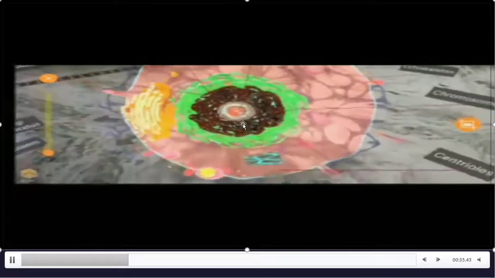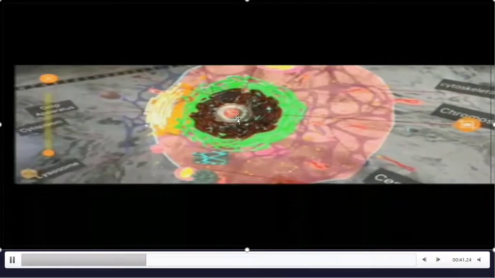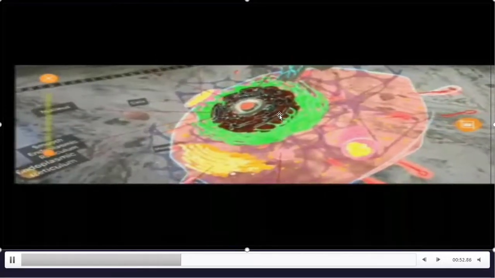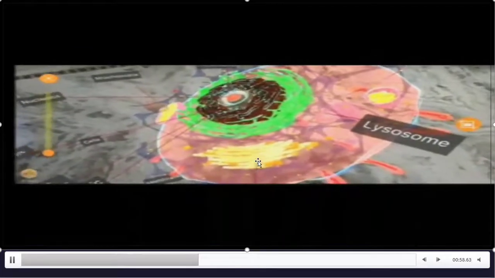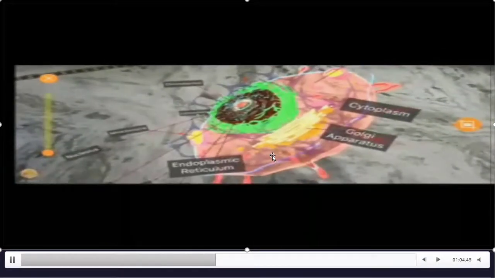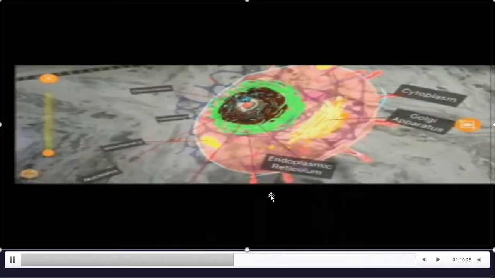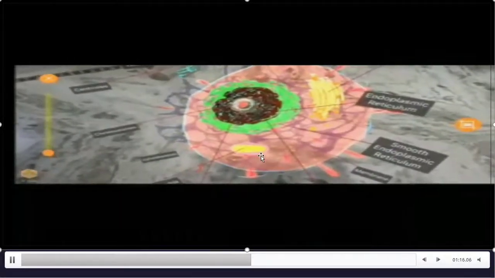Yeah, you are observing in the middle the orange color ball, that is the nucleolus, and around it the white color ball, that is the nucleus. Around it the ash or brown color part is the endoplasmic reticulum. The green one is smooth endoplasmic reticulum, and this is the Golgi apparatus. The fluid inside the cell is cytoplasm. I told you, brown is endoplasmic reticulum, green one is smooth endoplasmic reticulum.